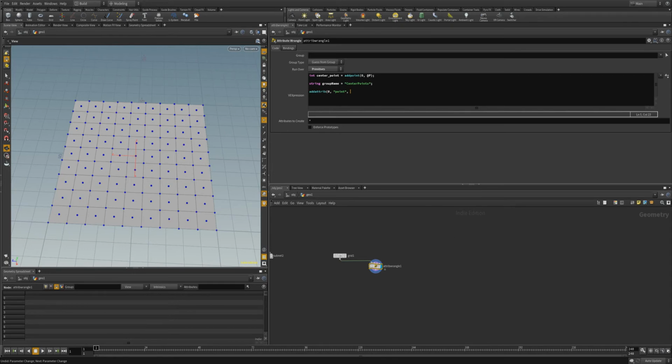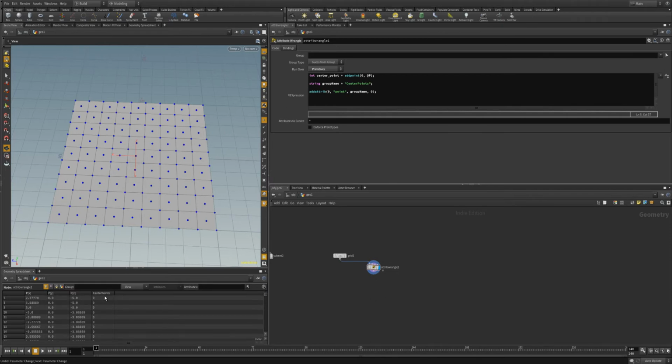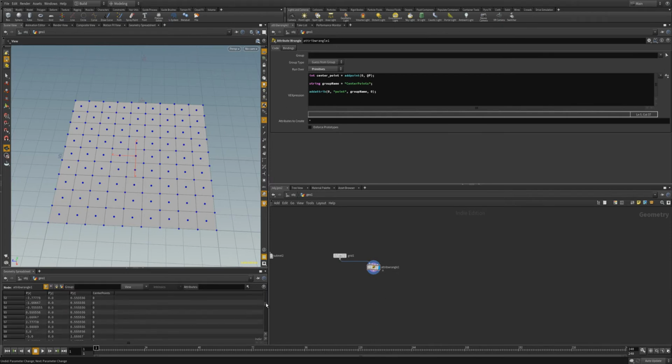So the next input that we can create will be the name of said attribute. In this case, we want that name to be group name. And we don't have to put this in quotes because it's already defined as a string here. I could have just put quote center points. And then the fourth and final is going to be the default value of this new attribute that we're creating. And so I'm going to make the default value 0. There we go. And so we go down and we can see our center points attribute has been added with